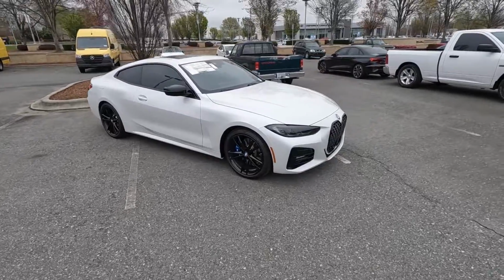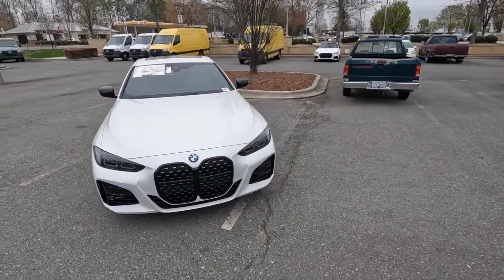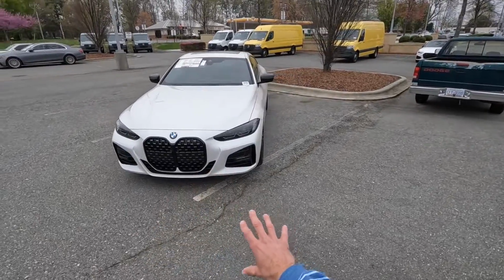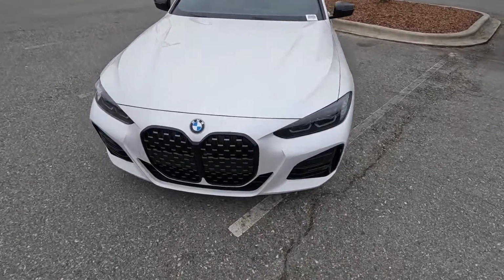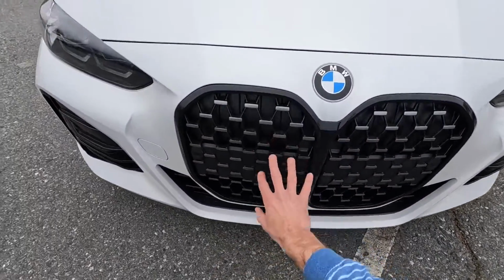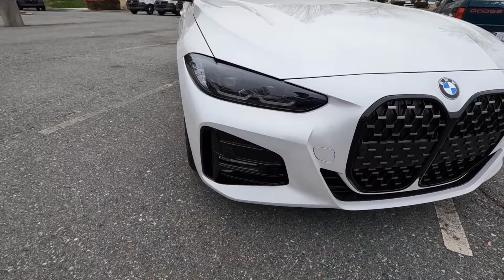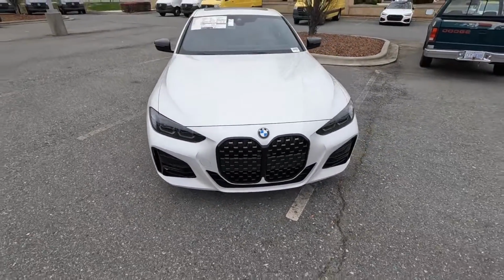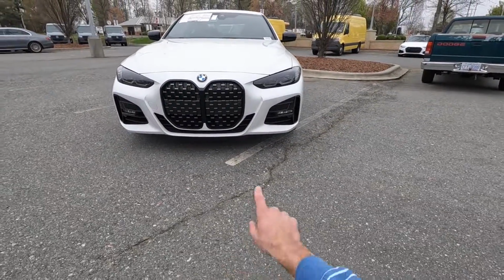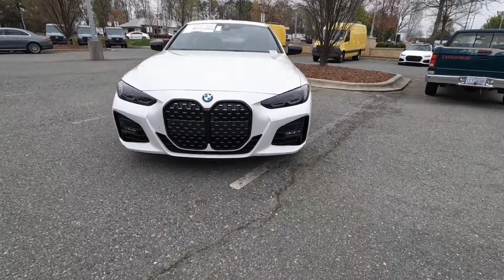Now, this particular model also has the M Sport and the M Sport Pro package, as well as the Executive package too. So you'll notice up front a lot of gloss black accents. There's also brushed aluminum accents. There's parking sensors, active grille shutters, dark housings for the LED headlights, DRLs, and turn signals. And this model even has LED fog lights in the lower section, where there's more gloss black and inlets to